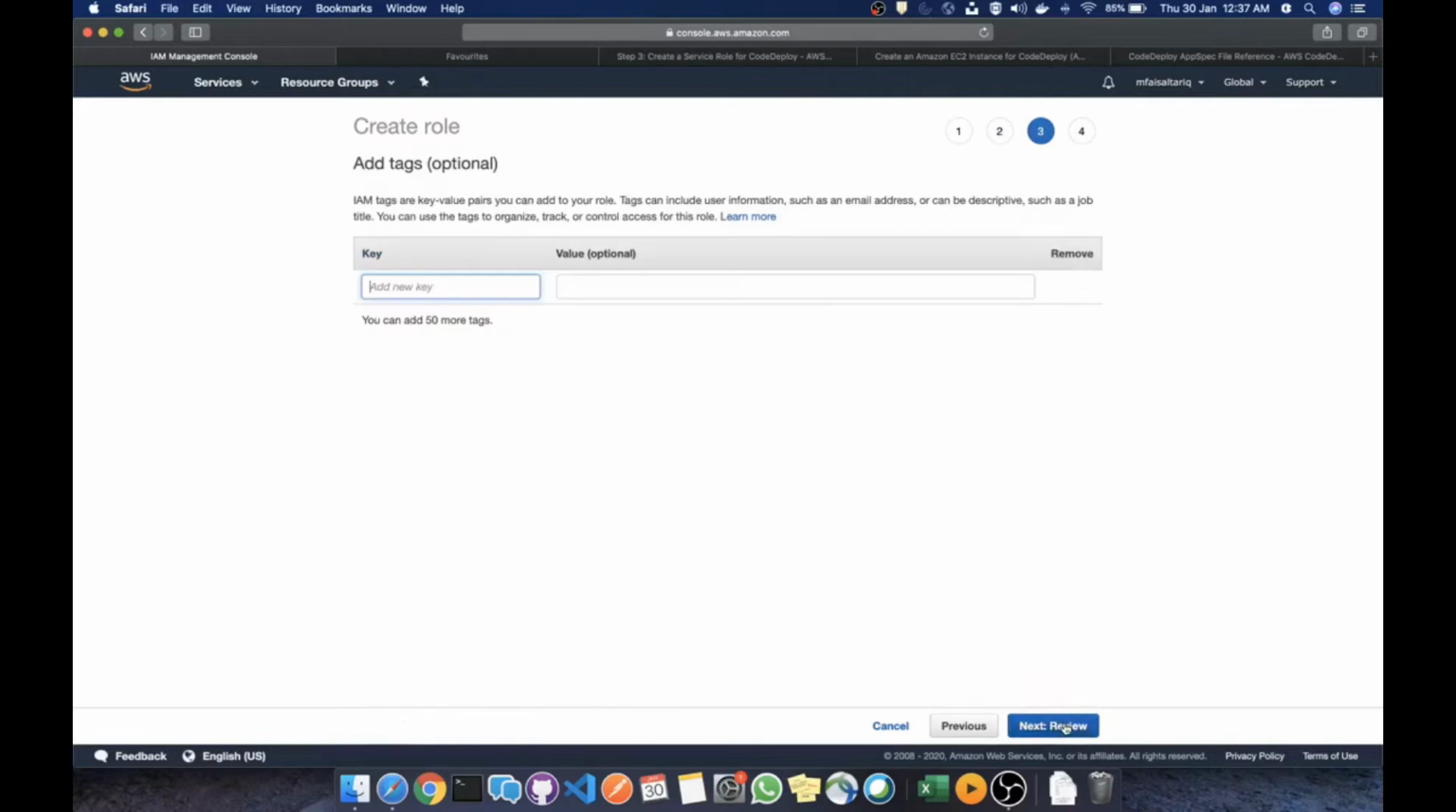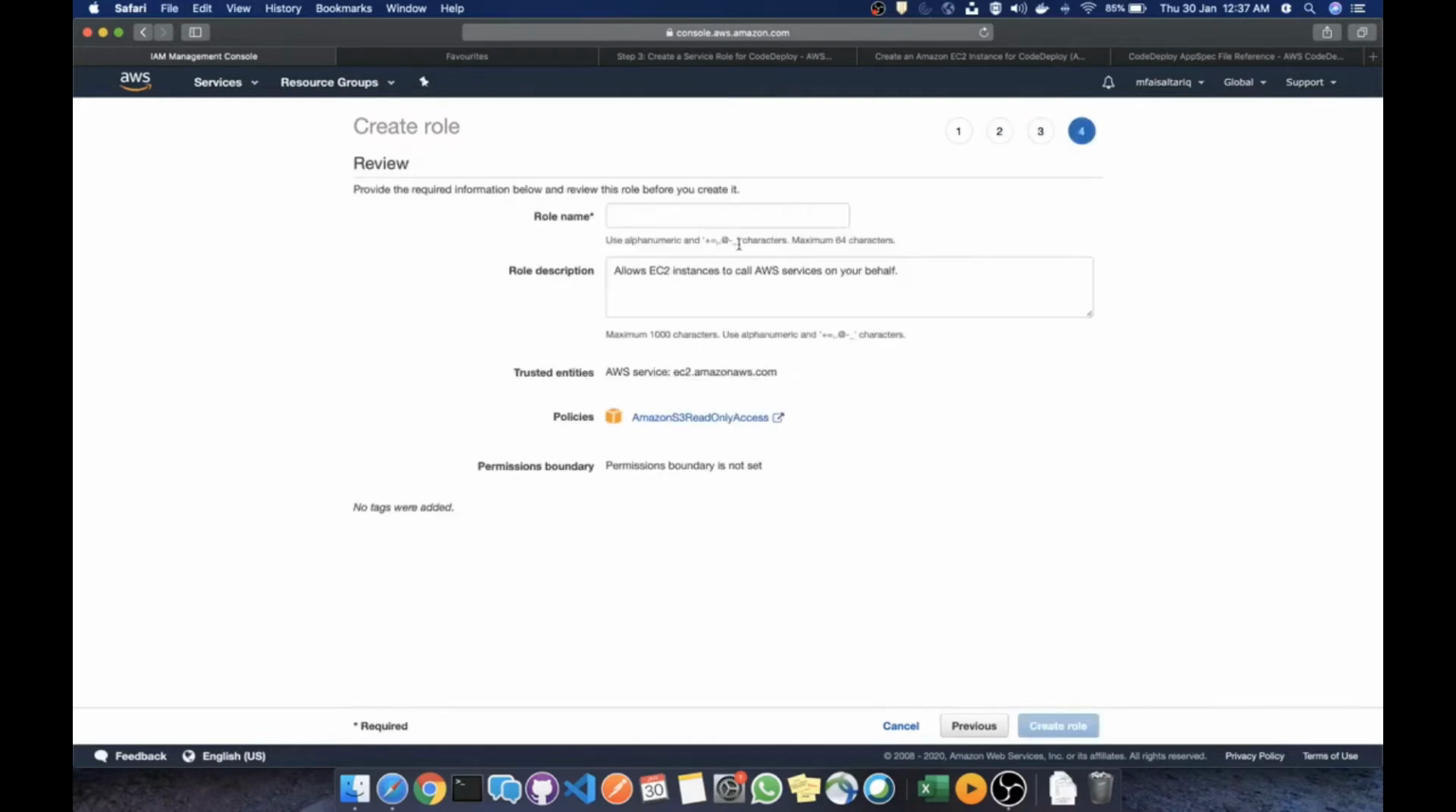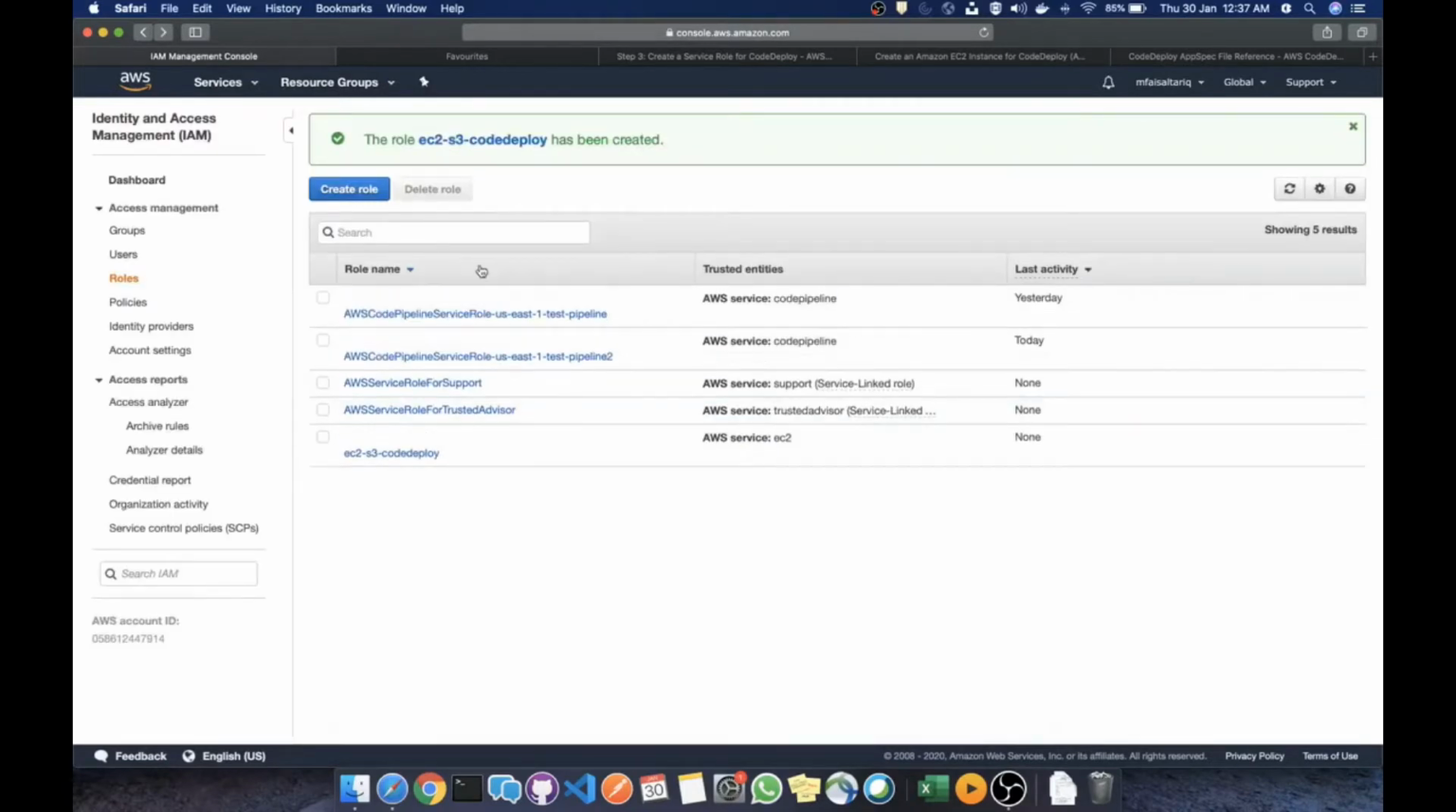and I'll go to next, tags. I'll skip this step and then I'll give it a name, EC2 S3 code deploy, and I'll create this role. Now if I look over here, you can see that this role has been created and it appears over here. Now I need to create another role